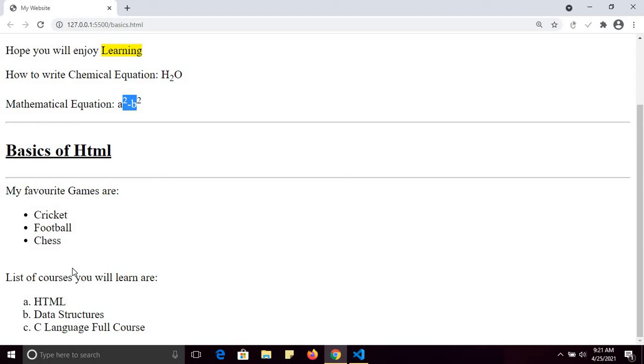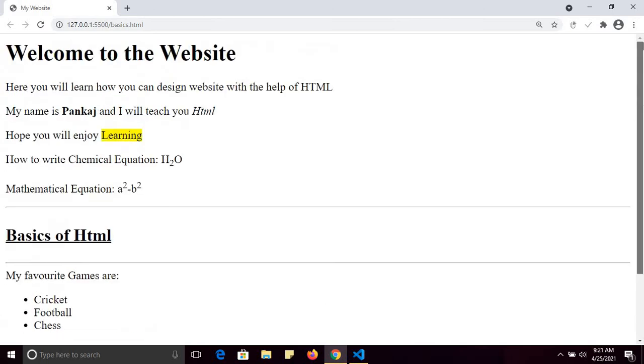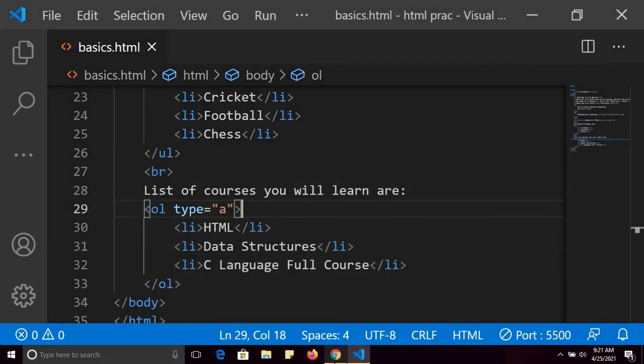These are very important from the examination point of view, unordered list and ordered list. And list item, here you can see the list item, unordered list, ordered list, how to use type in ordered list. Fine. So these are some tags.